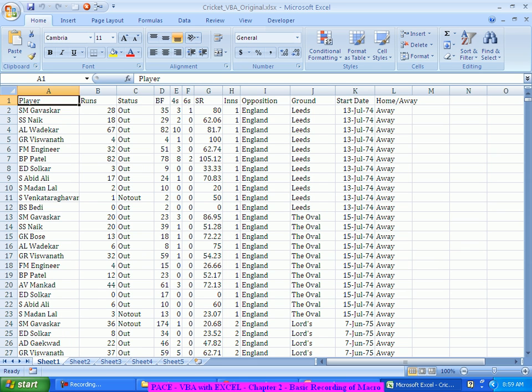So the first time we will focus on some of the tasks which can be recorded to start with, and on top of that itself, I'll create an example where you cannot record, but you have to write the code as a part of that, right? So first we'll do a few tasks on this data which can directly be done through a basic recording itself.